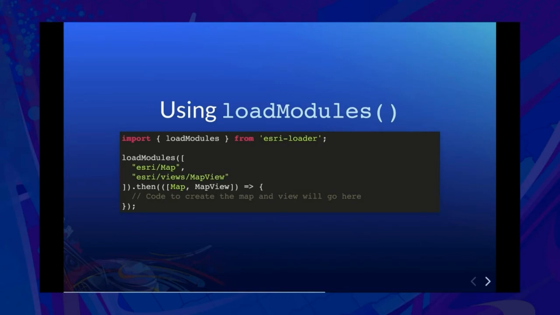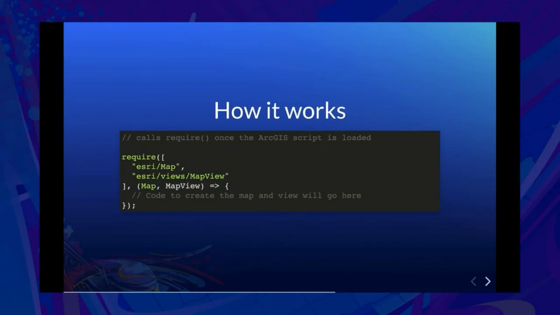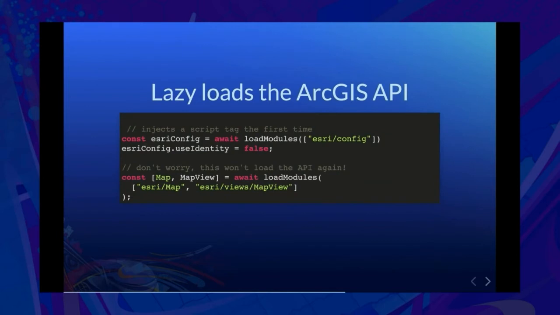Now, if you look at the signature for that function, it probably looks familiar, and that's because it looks just like the call to the require function that Andy showed earlier. And this indeed is what loadModules is doing under the hood. But it's doing a couple of other things. One of the most important things it's doing is it's going to lazy load the ArcGIS API for you. Renee showed this in his Webpack application and talked about how this is important for that initial load performance of your application,